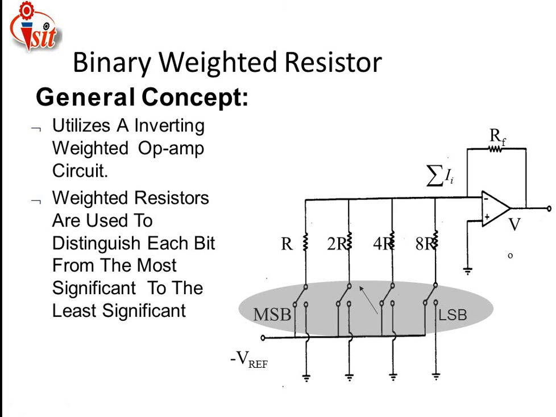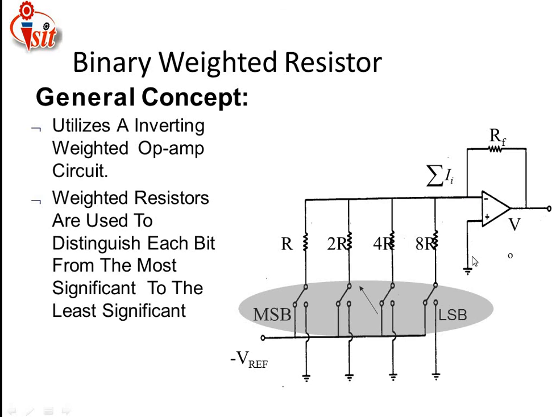First of all, we are going to see the binary weighted resistor. For it we apply the binary number system. The name itself indicates that: bi means two, a two-number system, which is always with respect to zeros and ones. Whatever numbers are presented in a string of 0s and 1s, that number system we call a binary number system.